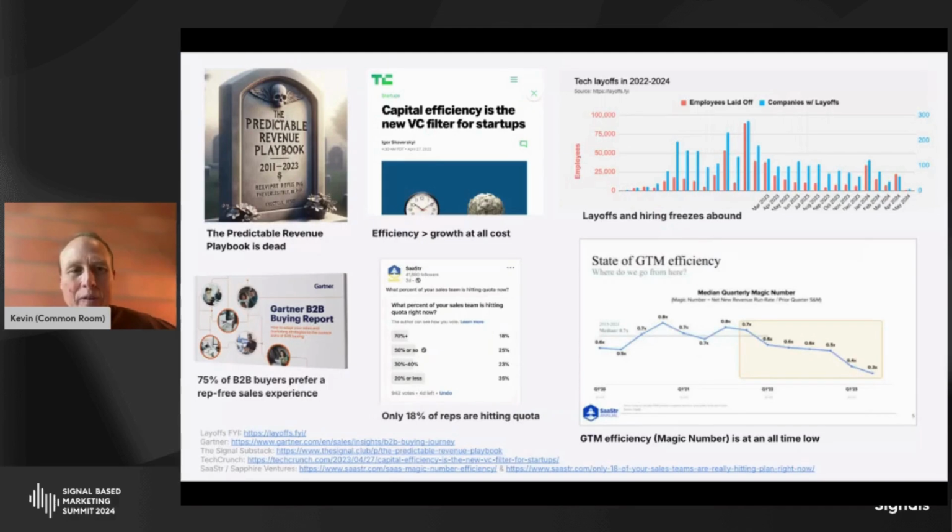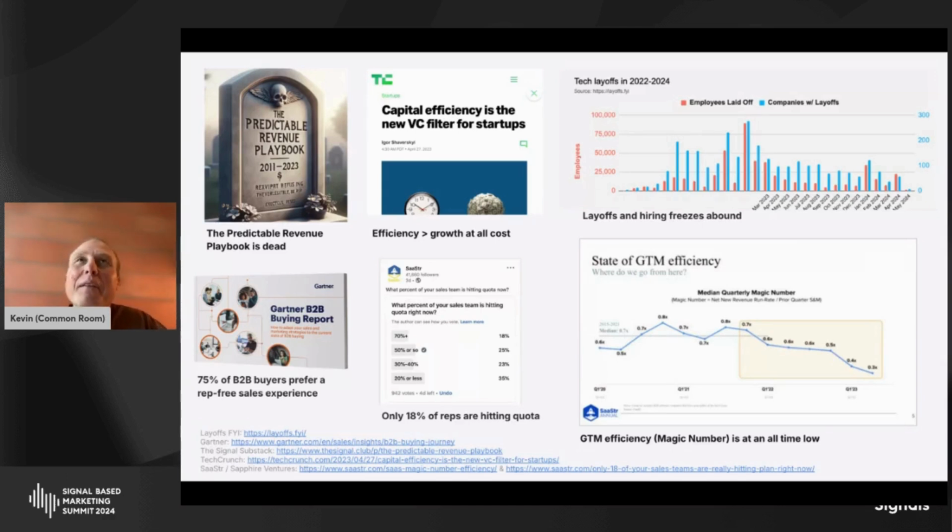Hopefully this talk will help answer a lot of those questions for you and also provide you with some resources. So let's jump into the why to start things off, of why you would want to take this signal-based approach to go to market. This is what I like to call the NASCAR slide of doom. It's been kind of a perfect storm. It's maybe less applicable or things are trending the right direction now, but